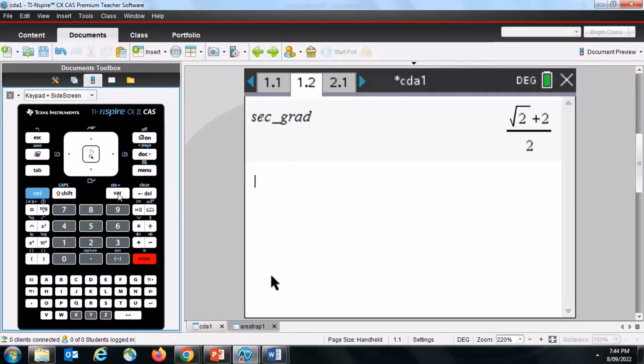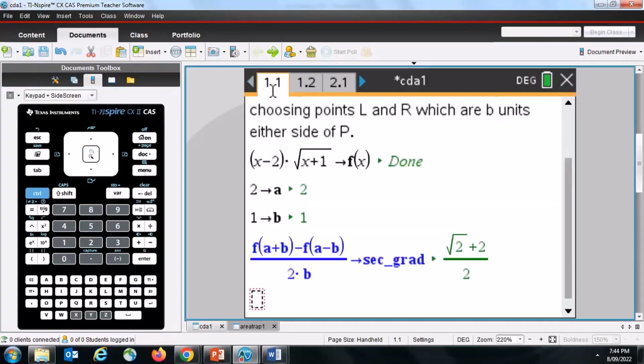But if I want to see the decimal value, and that'll be important for the next step, I'm going to press Control enter, and I get the decimal value, and I've got mine going out to a zillion decimal places, so 1.707 approximately. Okay, well, let's navigate back to page 1.1, and let's say, well, suppose we want to make